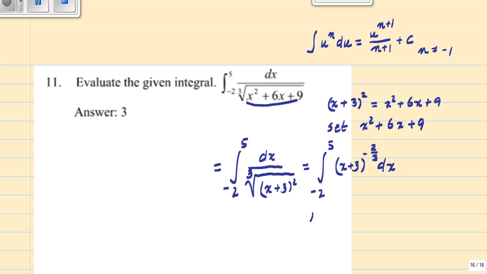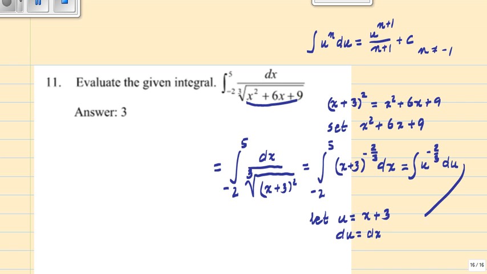Now let u equal x plus 3, so du is going to be equal to dx, so that becomes the indefinite integral of u to the power of minus 2/3 du,